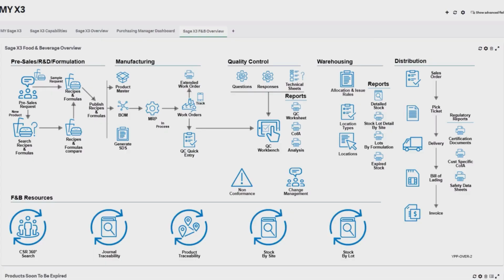a fast, coordinated response, protecting customers and preserving brand trust. Each touchpoint worked together to create a connected system, one that streamlined compliance, empowered better decisions, and positioned the bakery for future growth. With Sage X3, they didn't just react to challenges, they built a smarter, safer, and more resilient operation,